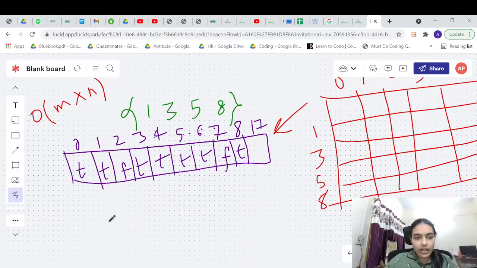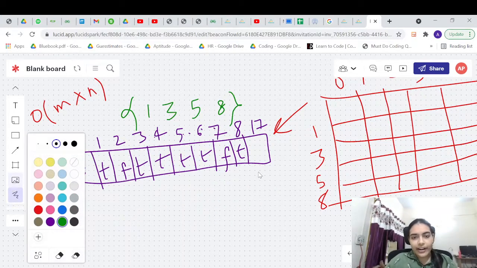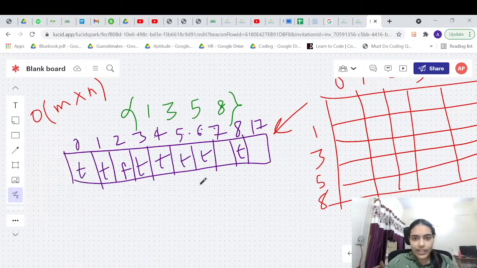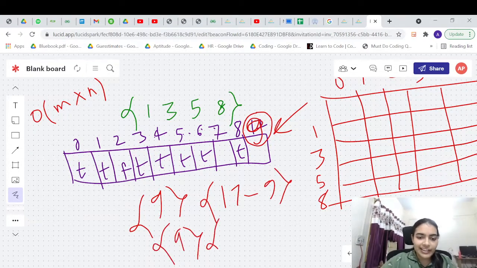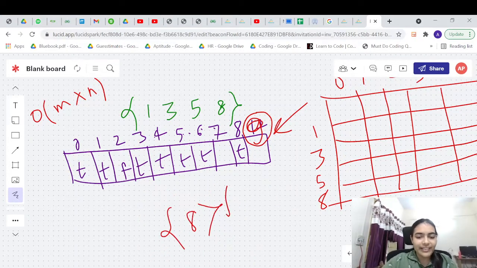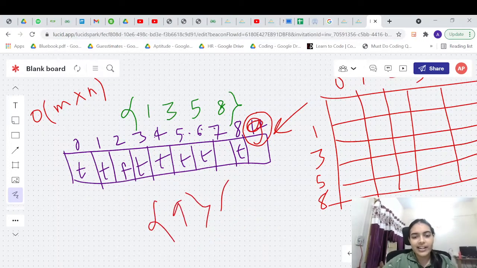Now in this case, there's just one thing. You need not iterate over this entire table. Why? Because up to 8, if you have iterated, that is enough. Once you start iterating from 9, what will happen? You're just repeating. If you take one subset as 9, the other subset is 17 minus 9, which is 8, right? So you are repeatedly taking 9, 8. We already have the value for 8, 9. So why do you want to take 9, 8? We already had calculated the subset 8, 9, so 9, 8 is the same subset.